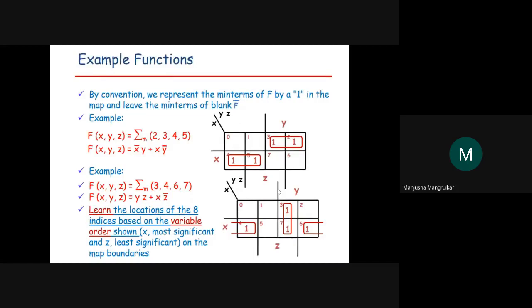Now let's see one more example. The sum of product form is identified when your equation is in a sum of product, this way. So 2, 3, 4, 5, this is one group.